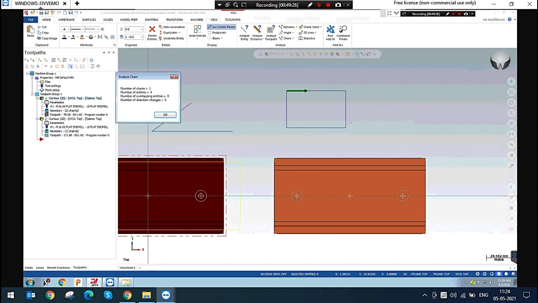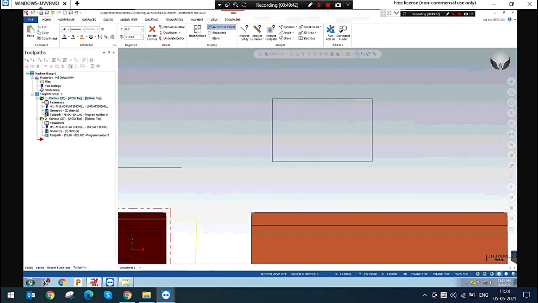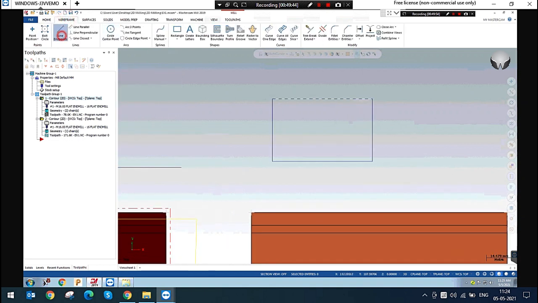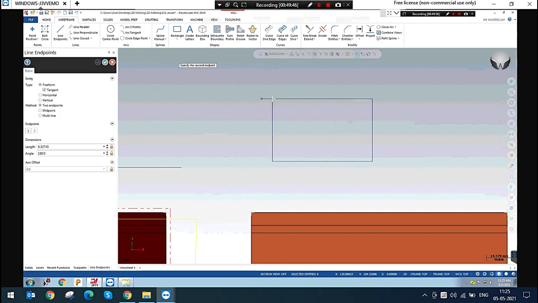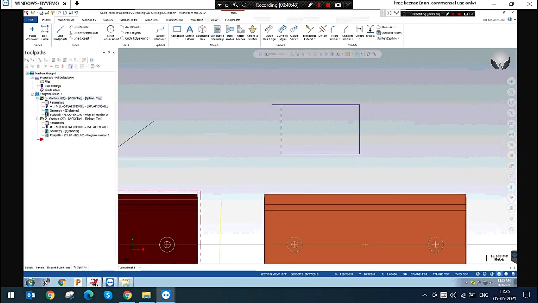There is a number of chains: one chain. The entities in this chain are 4. Is there any overlapping? No. Is there any direction change? No. If anything, or yes, this is overlapping.